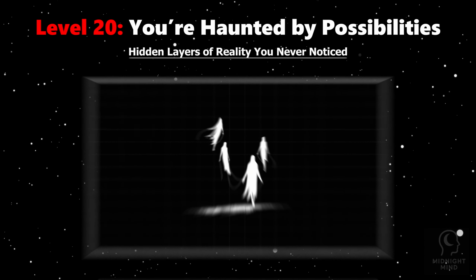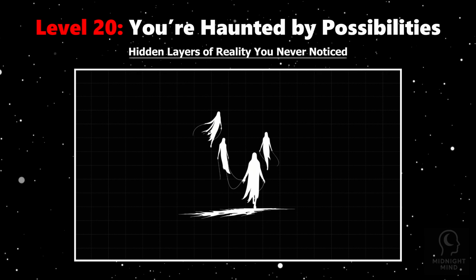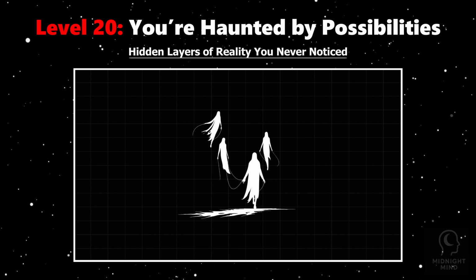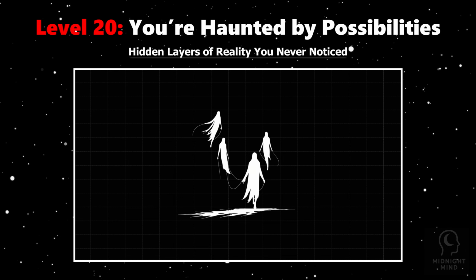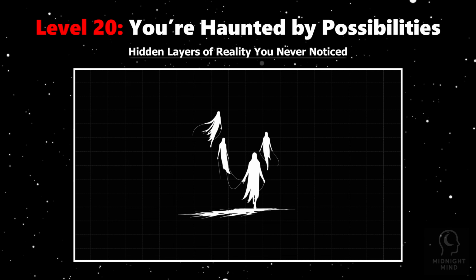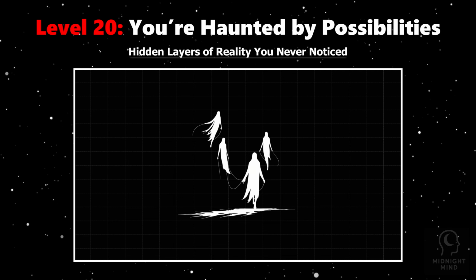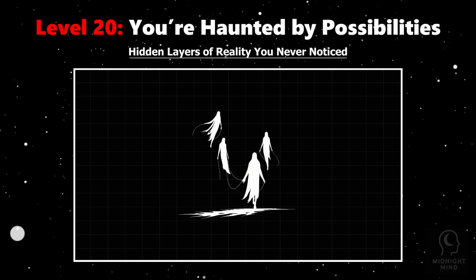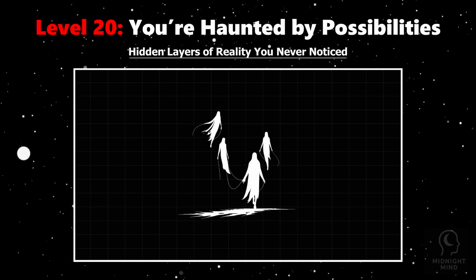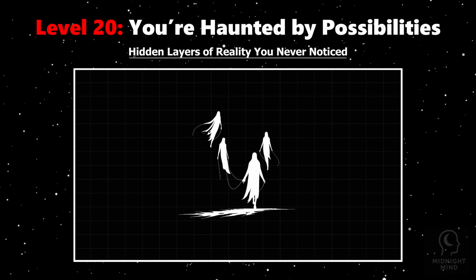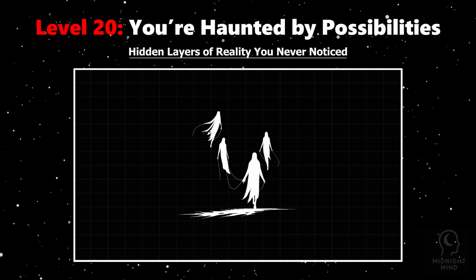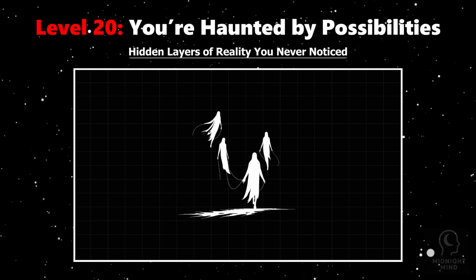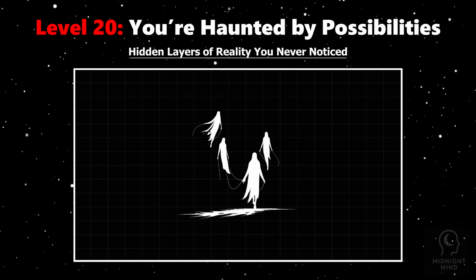Imagine your mind haunted not only by what happened, but by all the paths you never took, the versions of yourself that never lived. Neuroscience shows that regret isn't just about loss, it's about mourning alternate realities your brain simulates. When you think, what if, your mind creates vivid, emotional scenarios where different choices led to other lives. This mental simulation activates the same brain regions as real experiences, causing genuine grief for possibilities that were never real.